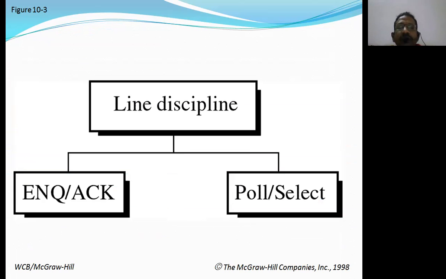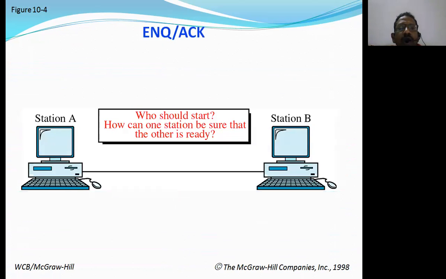So let us go through these disciplines independently. Already we discussed line discipline. It normally comes up with two methods: inquire acknowledge and poll select methods. Inquire acknowledge is normally used for communication between two computers called station A and station B. It provides a solution to the question of who should start the communication first, either station A or station B. It is used whenever station A wants to transmit signals to station B.